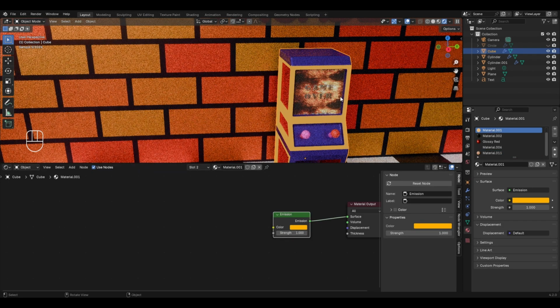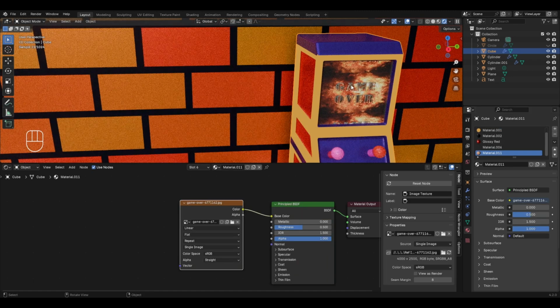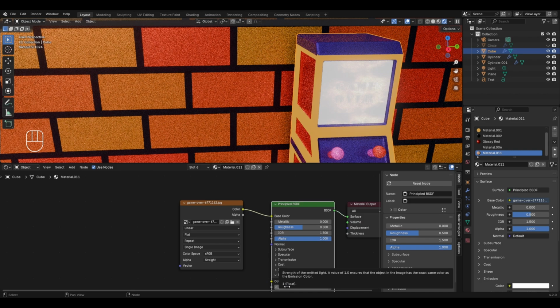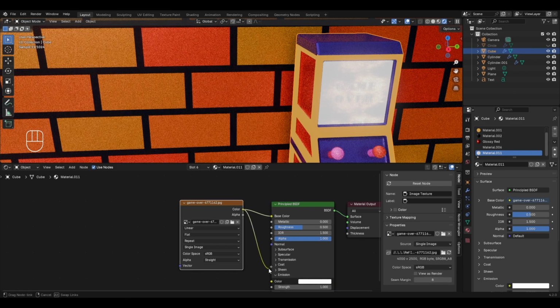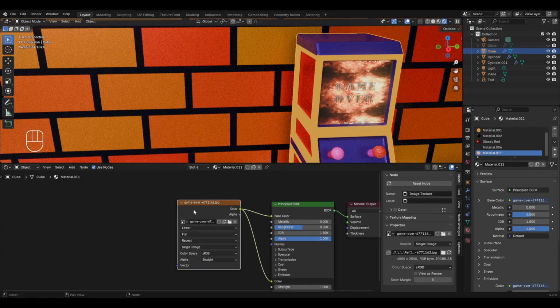And by doing this, we are now able to see the image texture applied on this face in a much better way. In fact, to give this texture an even better look, go to the shader editor, then in the principled BSDF node, go to emission and increase the emission strength to +1. Then take the color socket in the image texture and connect it to the color socket in the principled BSDF node. And by doing this, we have now applied a slight emission to this material, and the color that it takes for the emission will be the same colors as in the image texture.